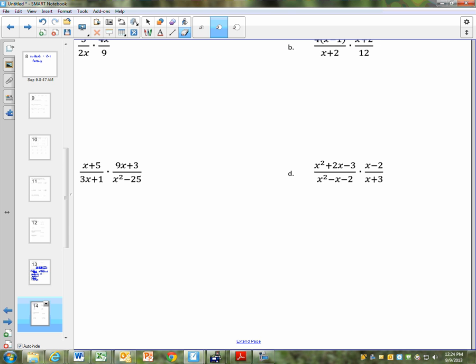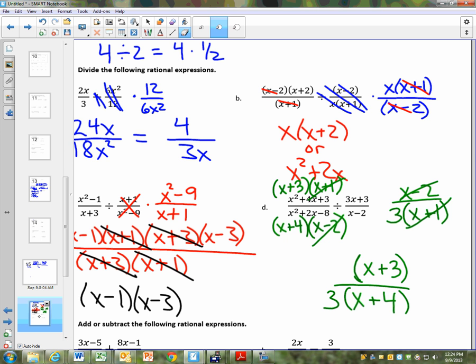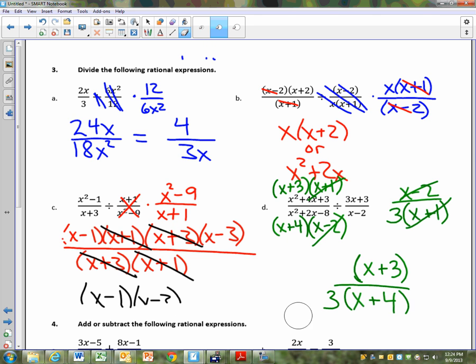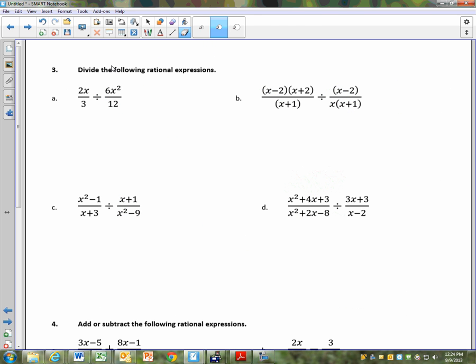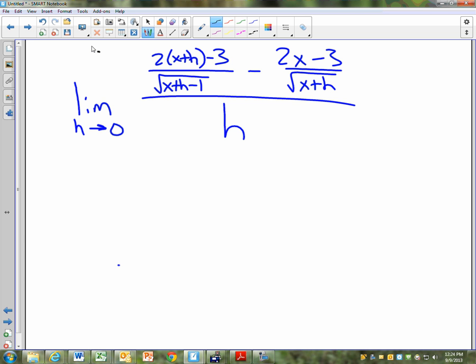you need to be able to handle calculus, okay? And if you're going to handle calculus, you have to be able to handle more difficult problems. Calculus assumes that you know how to do any type of algebra that you would encounter. For example, I will cover this problem later on with my calculus class, and when we do this, it will take up the entire 5 boards that we have here. So it'll be pretty lengthy. We're not going to do that kind of problem, but I have to have your ability to work with fractions